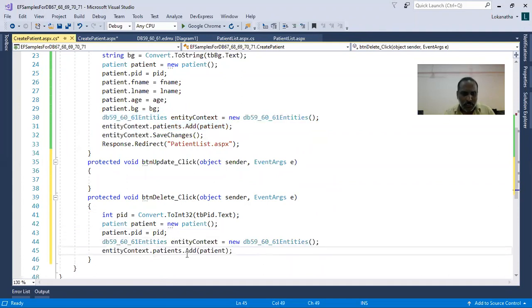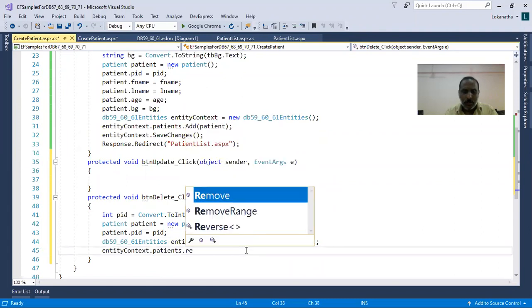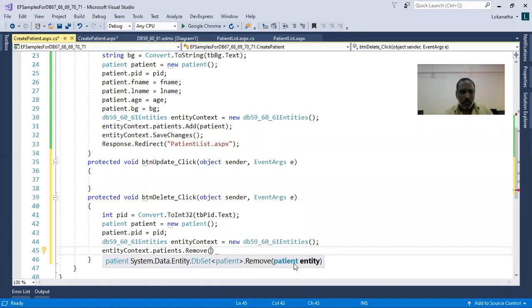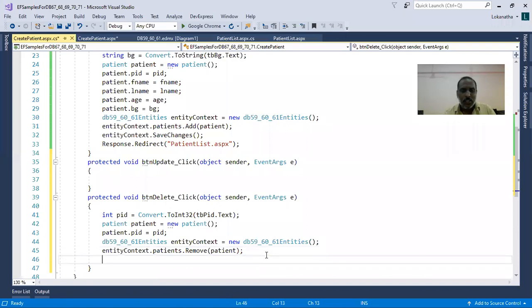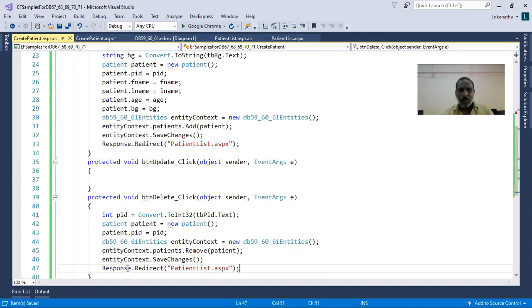With the DB context object, instead of add I have to use remove, removing the particular patient object. Once the data is removed, you call the entity context's save changes method. Once the data is saved, again you redirect the user to the first page. Let us verify whether this operation is happening properly or not.